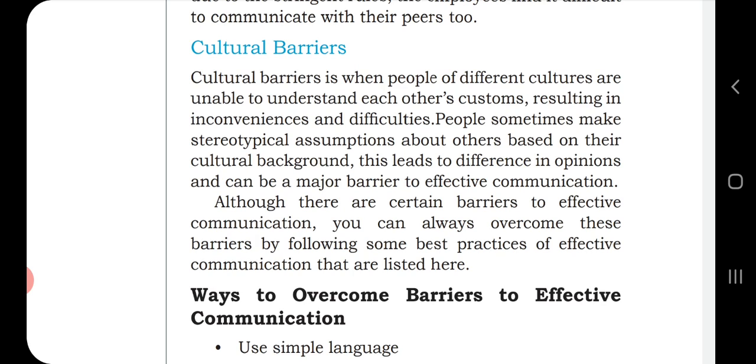Stereotypical means old assumptions which are typically from the same type of thinking. Your grandmother's generation, your mother's generation and your generation will have different sets of thinking, but